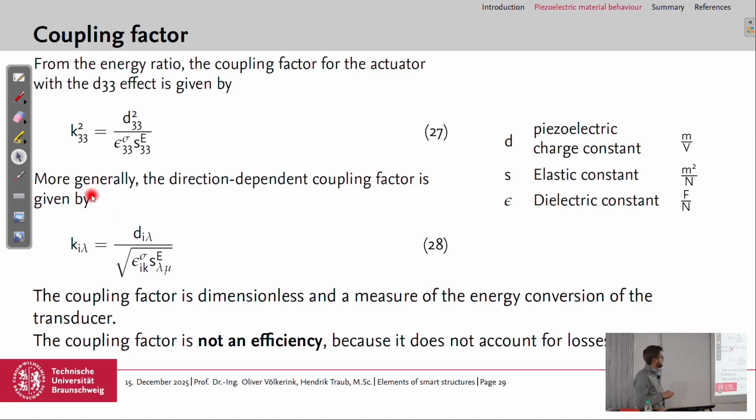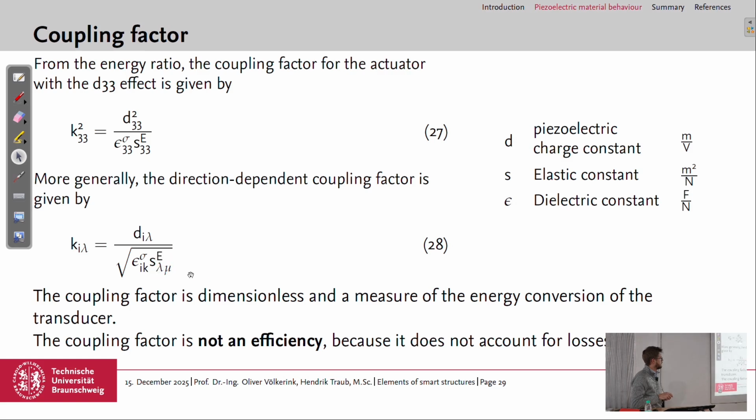And we can also have it more generally for the different directions. And we took the square root to have directly k. Then we have d i lambda divided by the square root of the permittivity in the direction ik and the